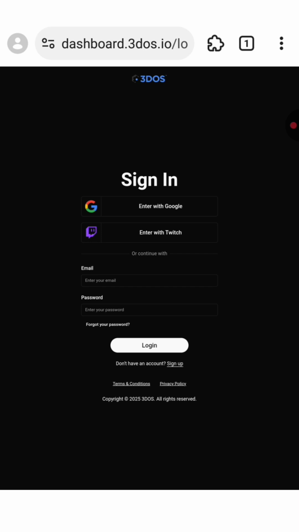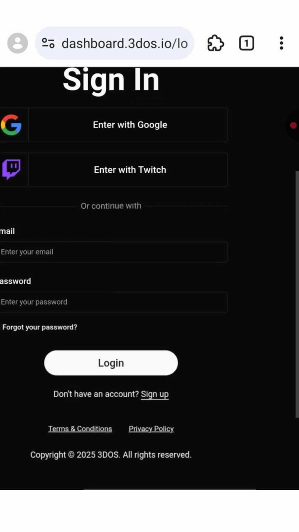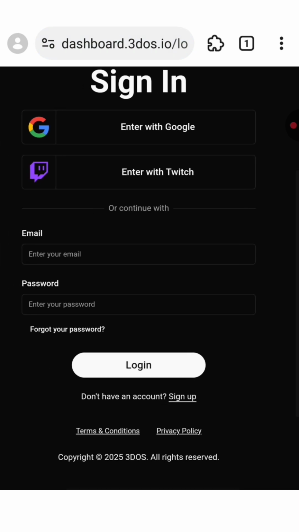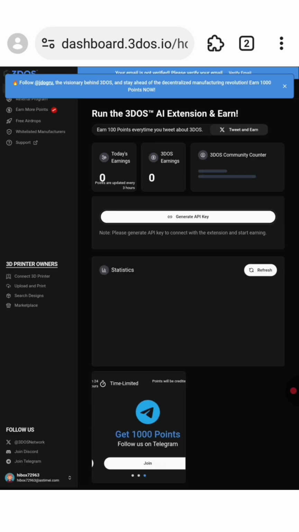Next, they will redirect you to this page, and here type in the same email address that you have just used to sign up and the password and click on login. Then you will land on the dashboard page,